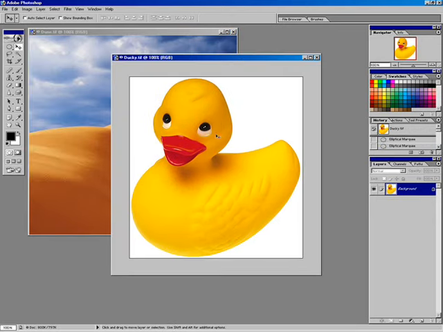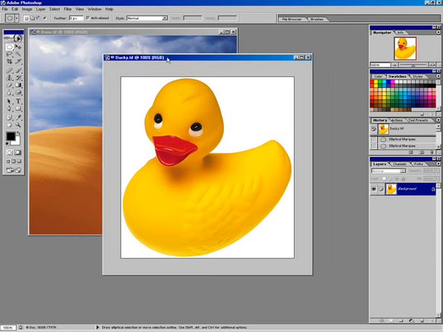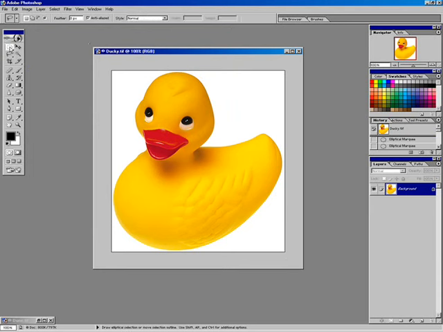Watch what happens if I select all of Ducky or even a portion of Ducky. Actually, I think I'm getting ahead of myself. Let me go ahead and talk about the lasso tool for a few minutes, and then I'll get back to that illustration. Let me go down to the lasso tool, and this is like making a selection with a free